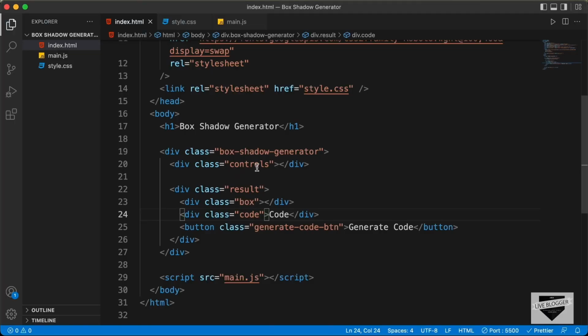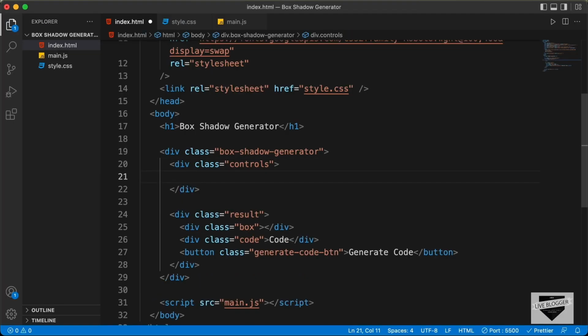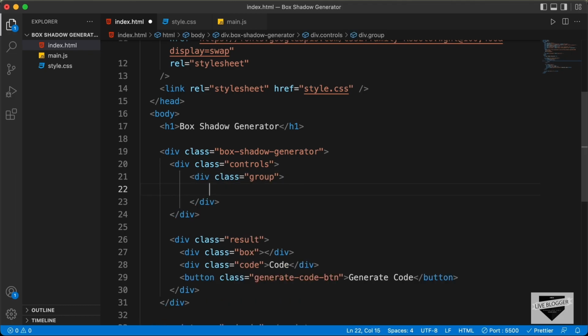Now let's focus on the controls division. So here we need to have all the input fields, that is the sliders, the color picker, and the checkbox. And for each of them we need to have a heading. So what we will do is we'll create a division with a class of group, and in that we'll create an h2, and here we will write the heading. So the first one is x offset,